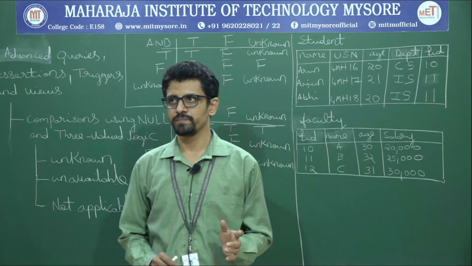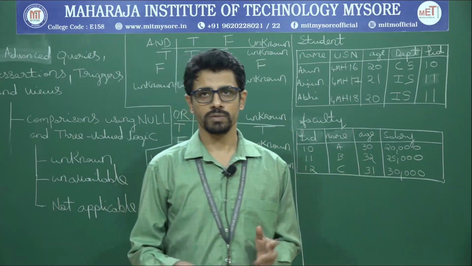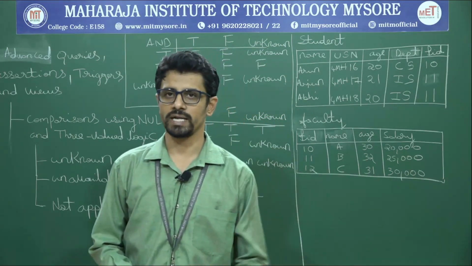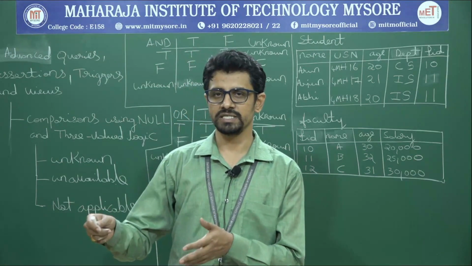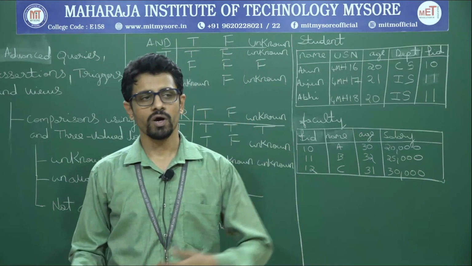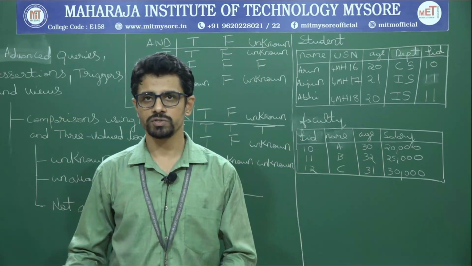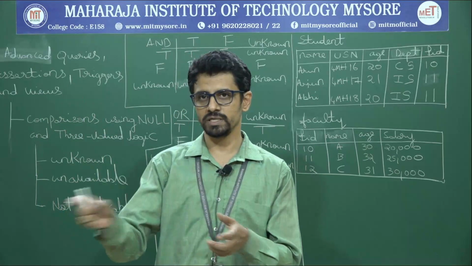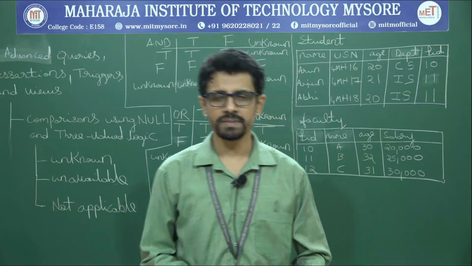Say for example, the salary of an employee. He might be a new employee who has been placed in a company or an organization, and the salary is not yet fixed for him. So in that case, it might be null initially. Or a phone number or a landline number. People who don't have a landline in their house, for that attribute, for that person in the row, null will be placed. So likewise, we have different interpretations of null.